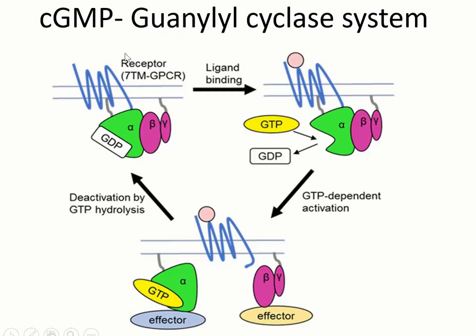Now we'll understand another important mechanism to understand phototransduction better: the cyclic GMP guanylyl cyclase system. This is one of the second messenger systems in the body. Many cells utilize second messenger systems. You can see here a cell membrane; the gray lines represent the cell membrane, and there is a transmembrane receptor present here, which is linked with a G protein. The G protein has alpha, beta, and gamma subunits,